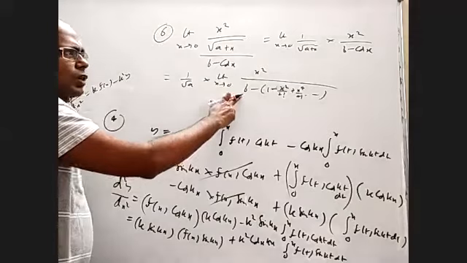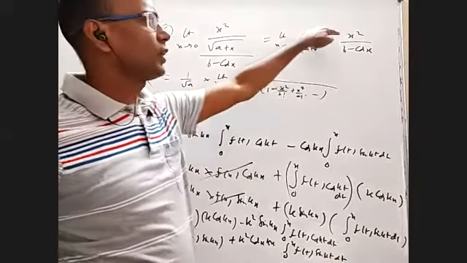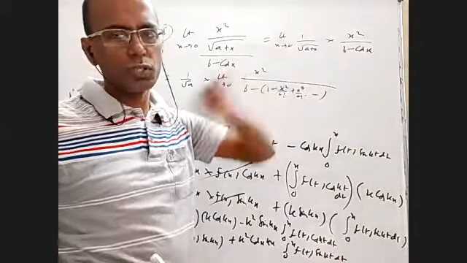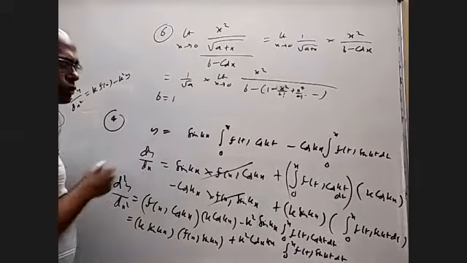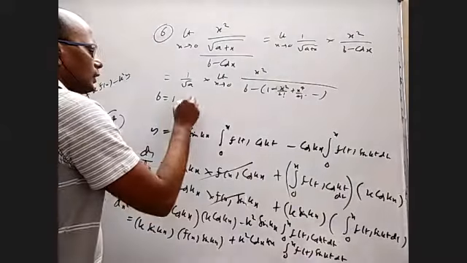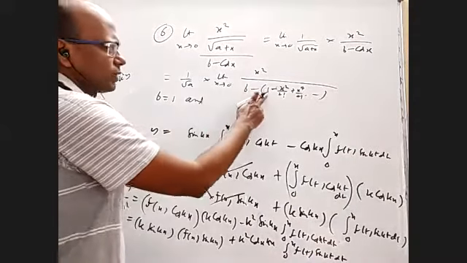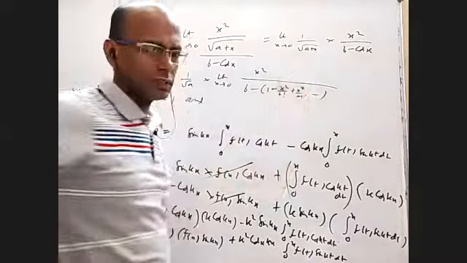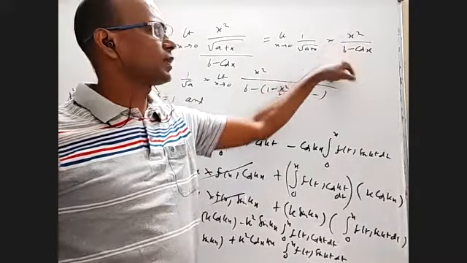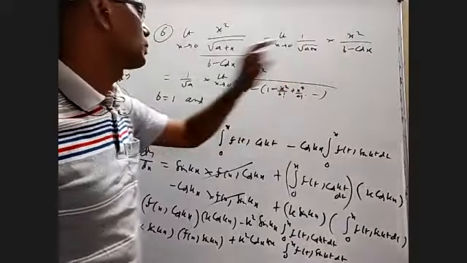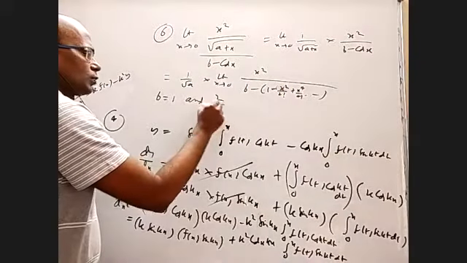If b is not 1, then numerator is 0, denominator is not 0. Answer will be 0 itself, but we don't want that. So b has to be 1 first of all. And then what is the limit answer? B and 1 will cancel. If b is 1, it is very easy to see it. You don't need this much expansion. We write here 1 minus cos x by x square, limit is 1 by 2. It will become 2 now, 2 by root a. So you'll get 2 by root a equal to 1.